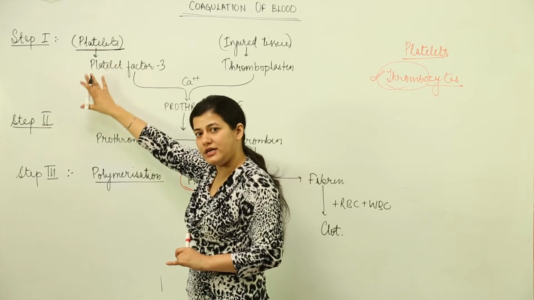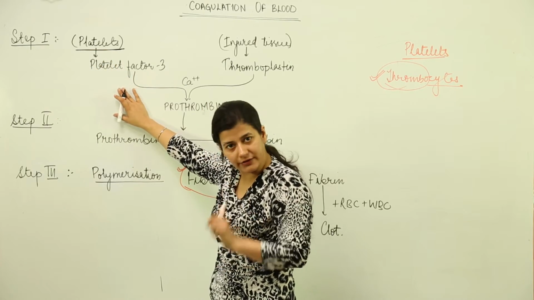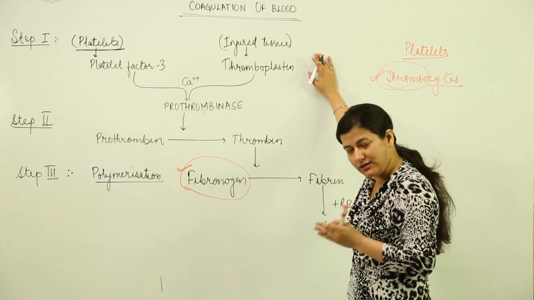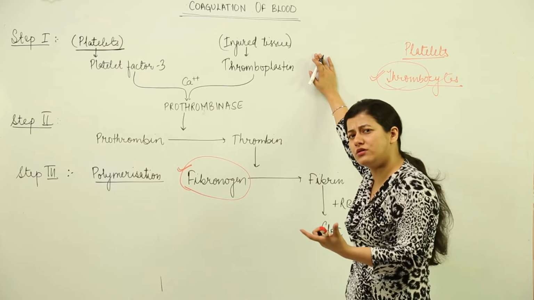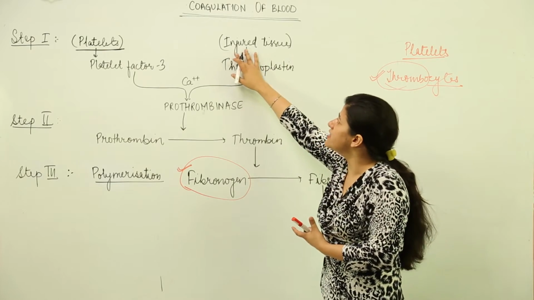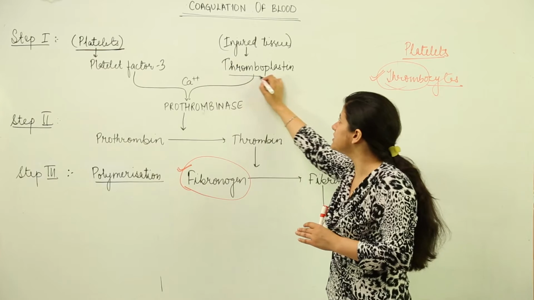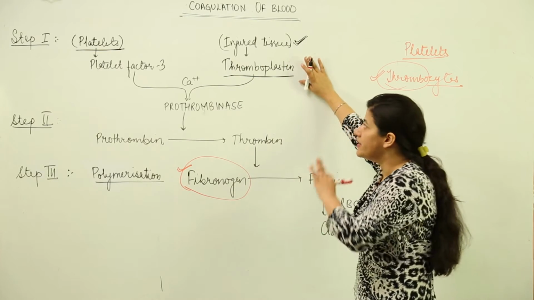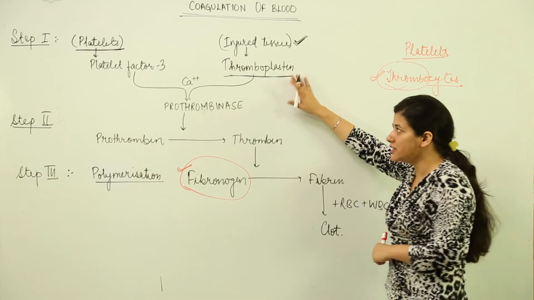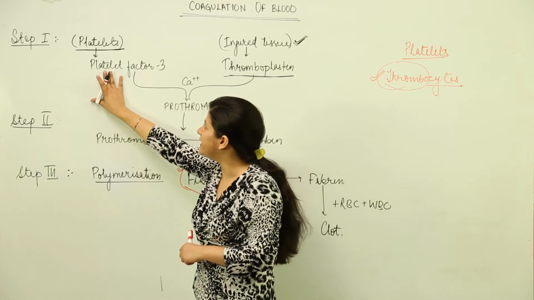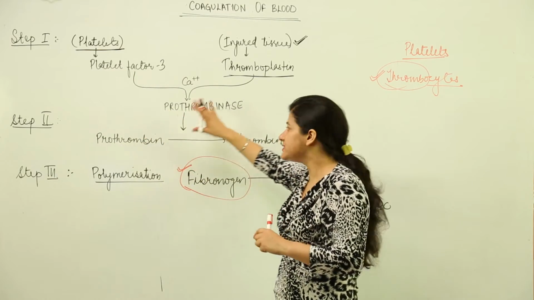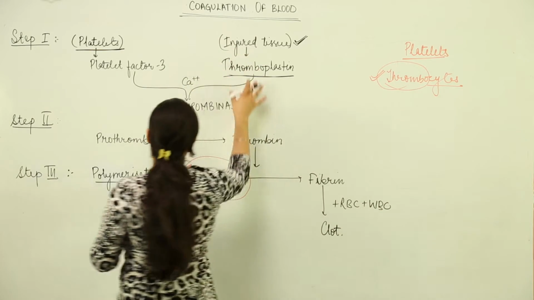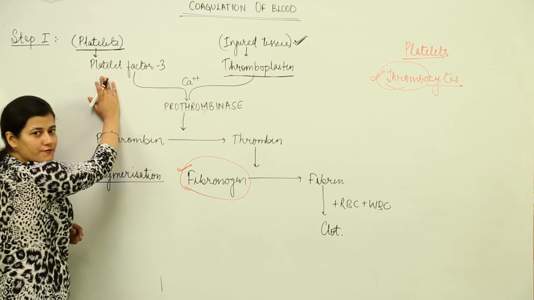The platelets release platelet factor 3 on seeing an injury in the blood vessels. The injured tissue, which has been damaged by a cut or a bruise, releases thromboplastin, a protein. So the injured tissue releases thromboplastin, and the platelets in the blood release platelet factor 3. Now calcium ions come and combine with both of these, and convert this thromboplastin in the presence of platelet factor